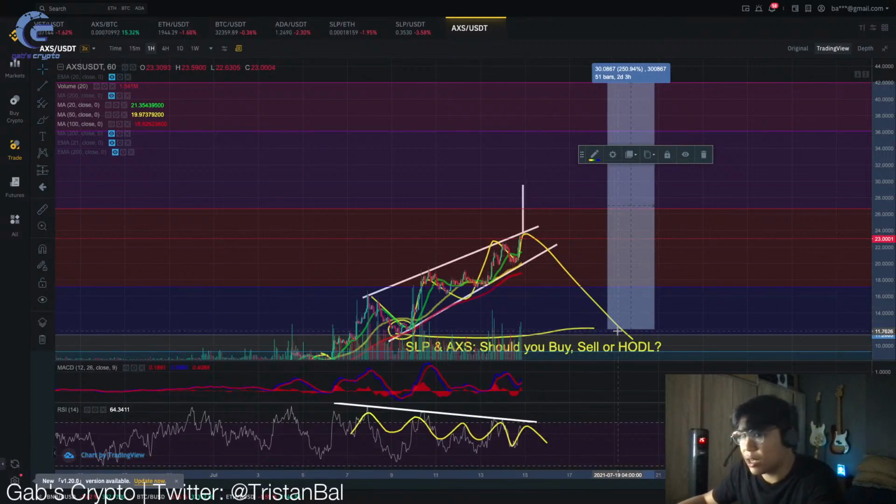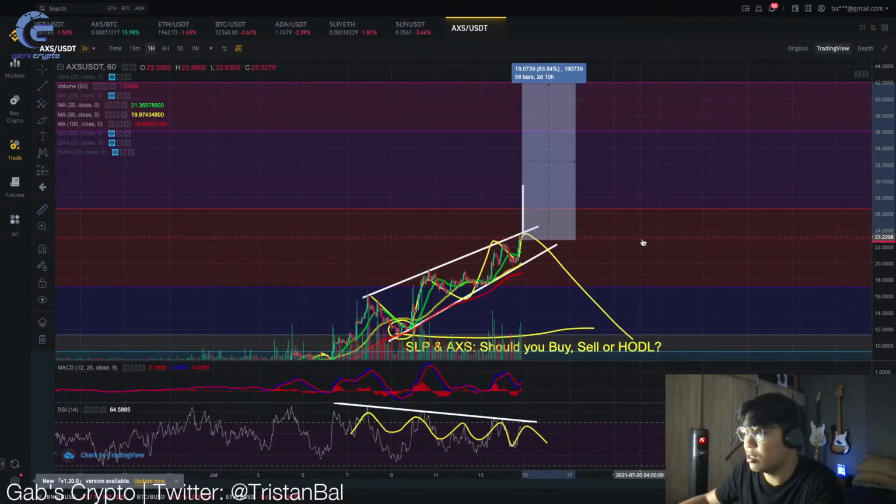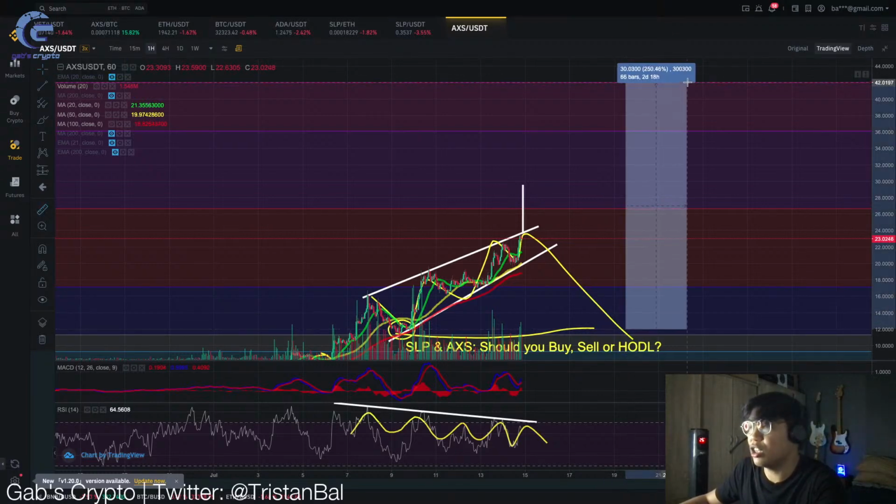So, kailangan nyo i-check, kailangan nyo abangan itong movement kasi huwag kayo masyado maghahabol ng pump kasi at the same time, the more na umaakyat, doon more likely bababa. Pero, yun nga, bull market can make you money, but do know that bear market can make you rich. And this actually proves a point kasi tingnan mo, pag bumili ka dito sa bull market, you would actually get 80%, pero pag bumili ka sa bear market, you would get 250%. So yun yung difference niya, guys.